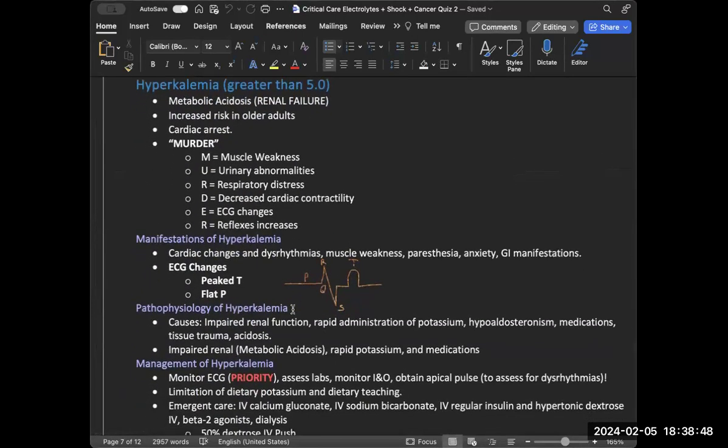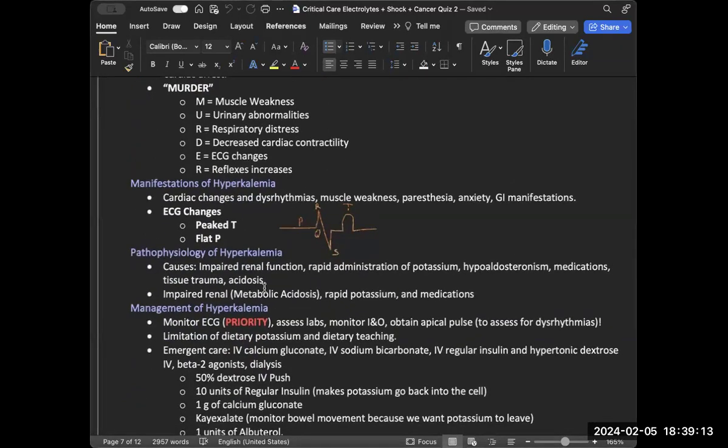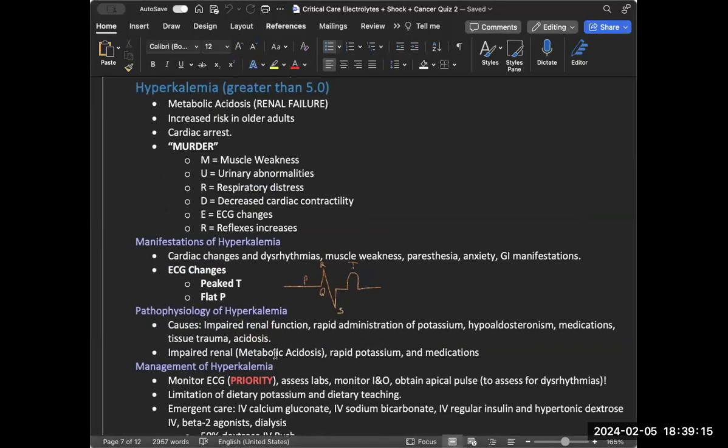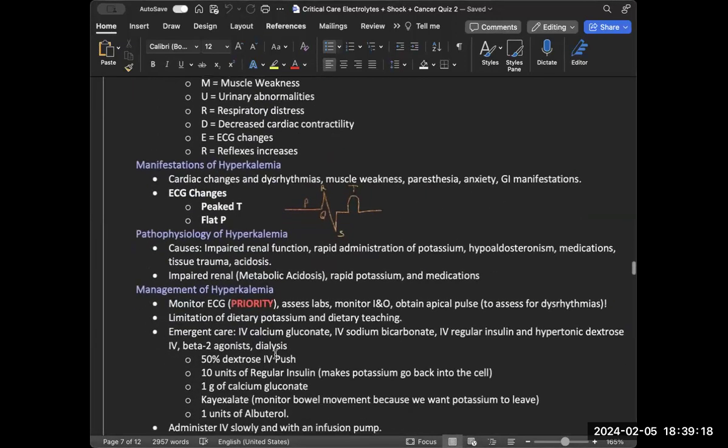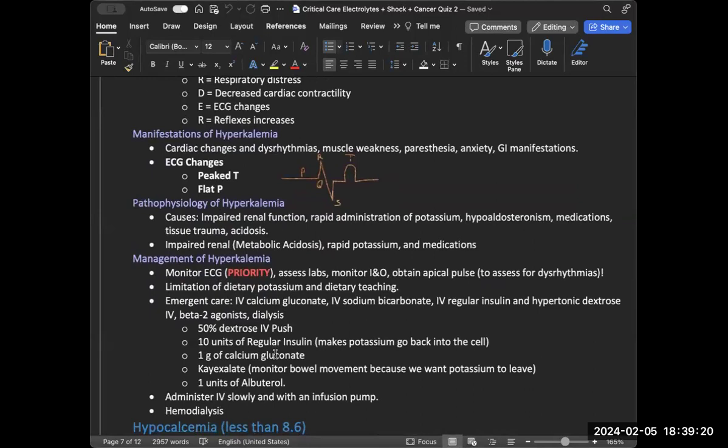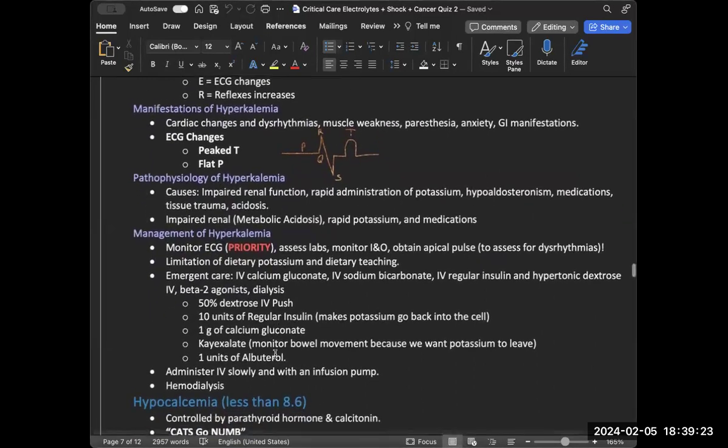Same thing for hyperkalemia. The priority is looking at the EKG. This one actually also has a mnemonic when we have potassium greater than 5. It's called MURDER, which is muscle weakness, urine abnormalities, respiratory distress, decreased cardiac contractility, ECG changes, and reflexes increase. But like I said, our priority when it comes to this electrolyte imbalance is the EKG. So we said in this one we have a peak T and a flat P, which was the opposite of